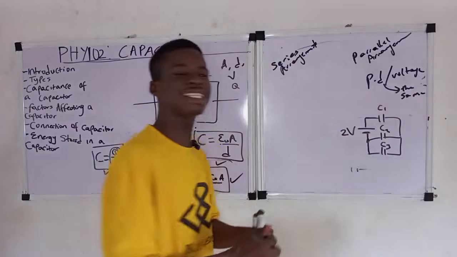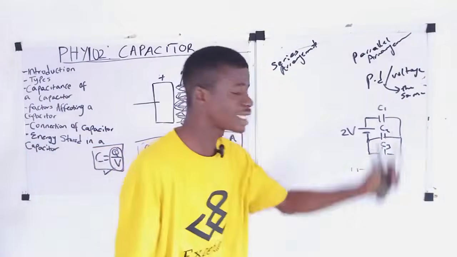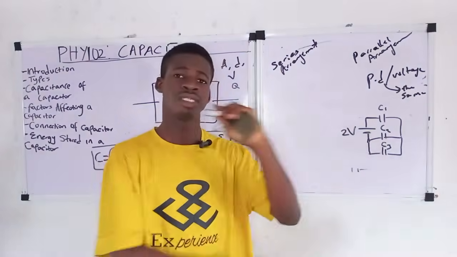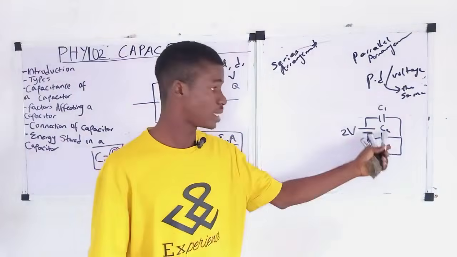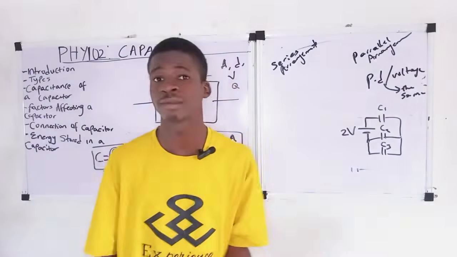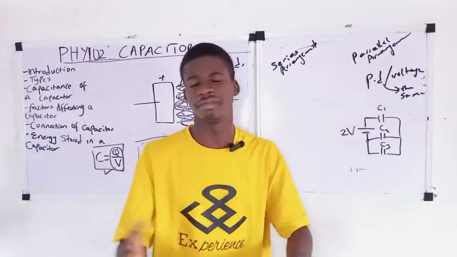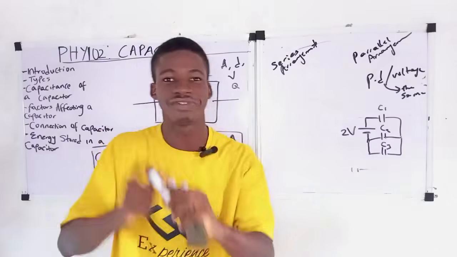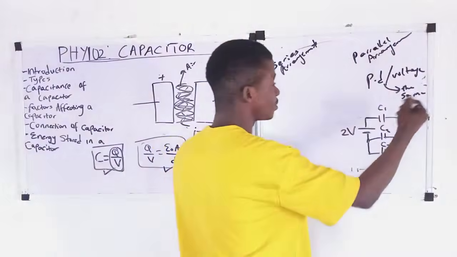Okay, so let me tell you that, for example, if they want to trick you, I give you many questions. I'll say this capacitor has a charge of this, this one has a charge of this, and so on. What is the voltage in this capacitor? It's 2. In this one it's 2, because they are connected in parallel. In parallel, the voltage or the potential difference in the capacitors is the same. Then the charge is now different. So the potential difference or voltage is the same in parallel connection, and